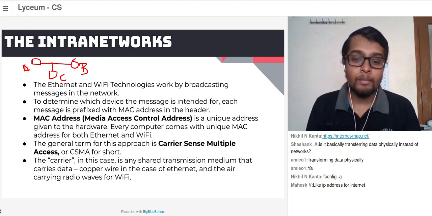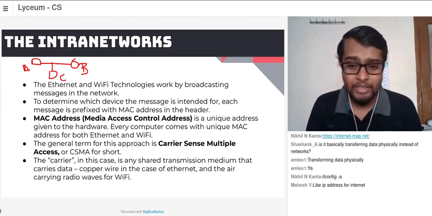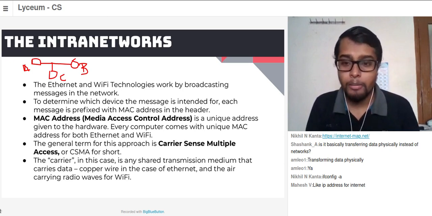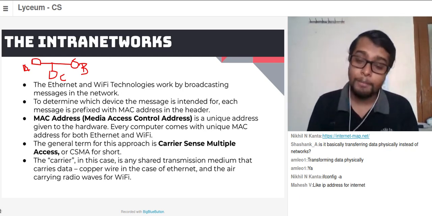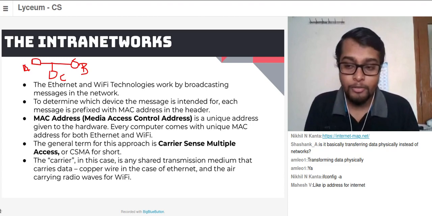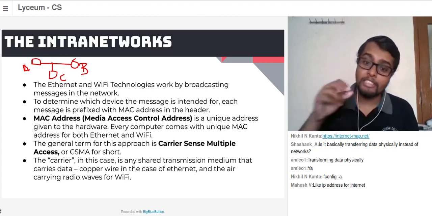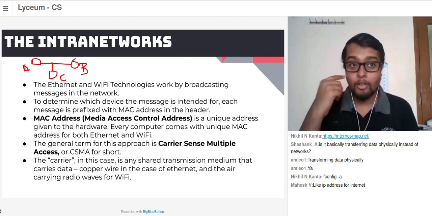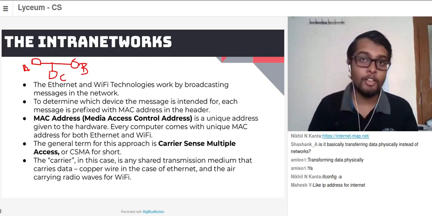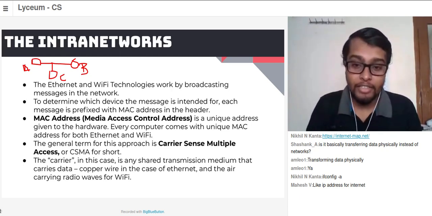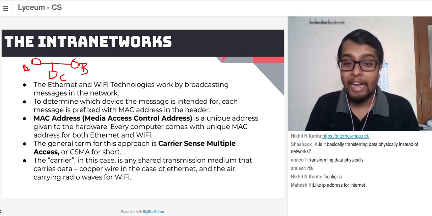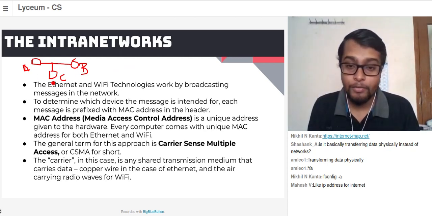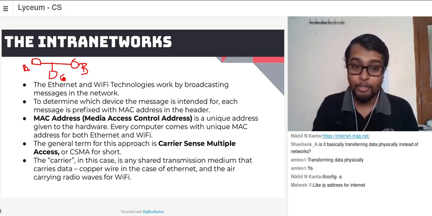So this approach of sending messages on a common shared platform is called carrier sense multiple access, CSMA for short, which means you are sending a message over a common shared carrier medium, like copper, such as the Ethernet cables in your Ethernet case, or radio waves in your Wi-Fi, which is carrying the data to your computer, and this helps you identify which device the message is sent for. All right, and you can look it up and